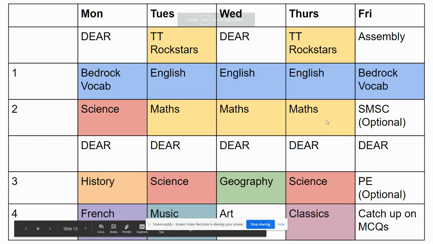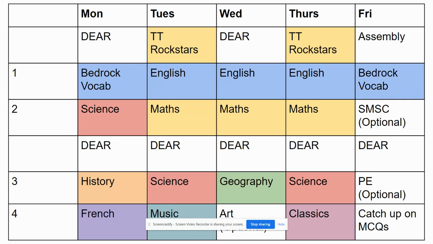Now, what you'll also notice on the suggested timetable is that Friday is particularly light. There's also time timetabled in for you to catch up on any MCQs that you maybe didn't do throughout the week for any subjects. Giving you that extra time to do them, teachers will have a look at completed MCQs on the Friday or over the weekend to see if scholars are completing them.